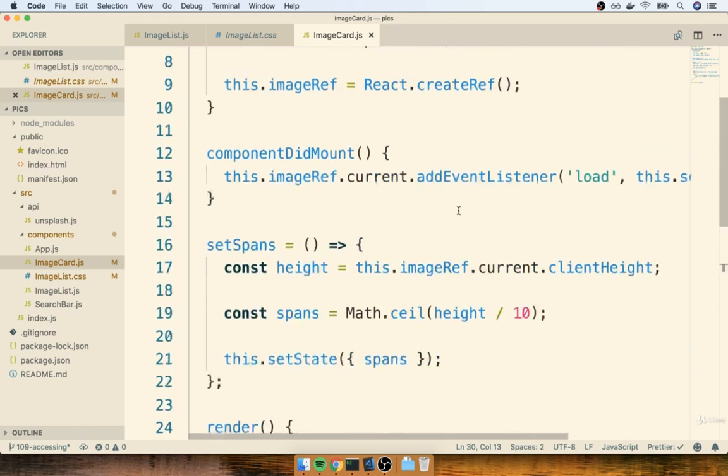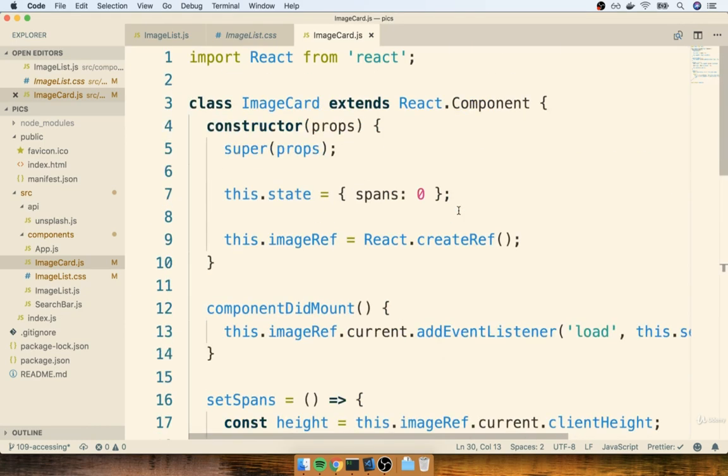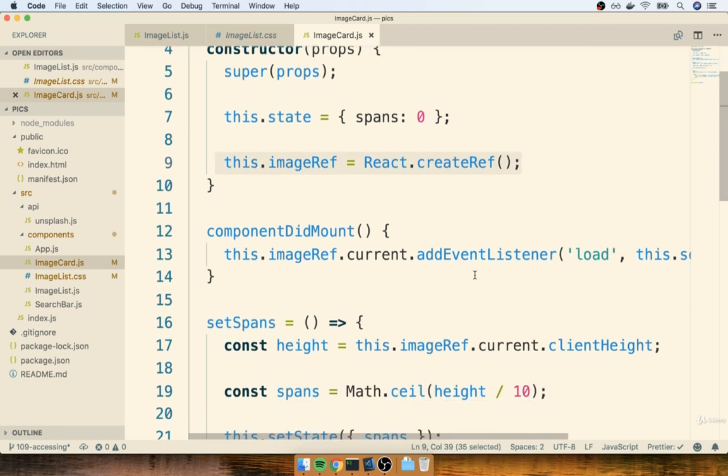And then finally, we learned a little bit about the grid CSS system. Now, I'll be honest with you, understanding the grid CSS system is totally not a requirement whatsoever. Grid CSS is extremely new, still undergoing changes, so we didn't really do a deep dive on it because it's just not super important to have a super solid grasp on it just yet. Introducing the grid system was more of an excuse so that we could figure out how to use this ref stuff and reach into the DOM and get the image height and whatnot.